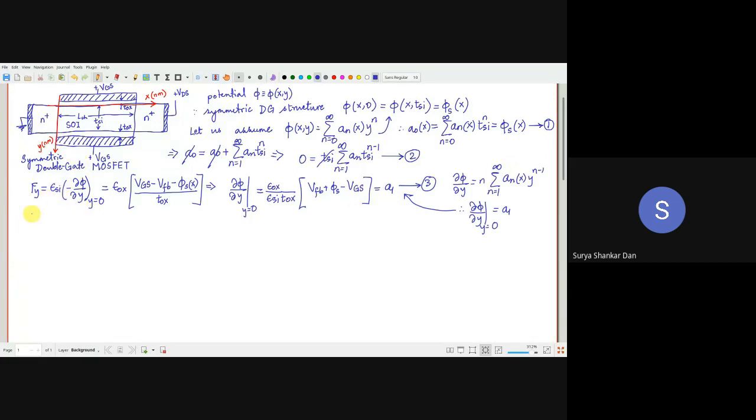So once we have got this, we will again try to find out the electric field on the bottom gate. So this is the vertical field on front gate. Now we will do the same vertical field on front, not front gate, we write front surface. This is bottom surface.